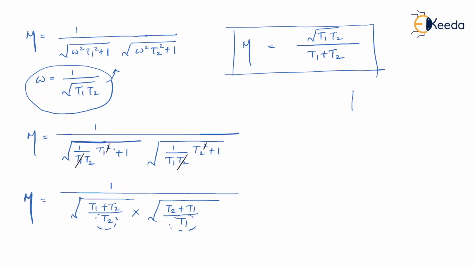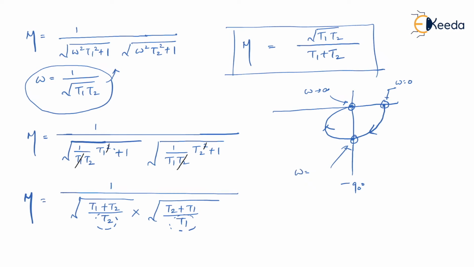So what I have understood, that we had this polar plot which started with 0 degree, which ended with minus 180 degree, and during its journey it crossed minus 90 degree phase. So you knew that here omega value was 0. At the end, omega value was infinity. So as you could see that omega was increasing. So at this intersection point, I have calculated what is the value of omega.